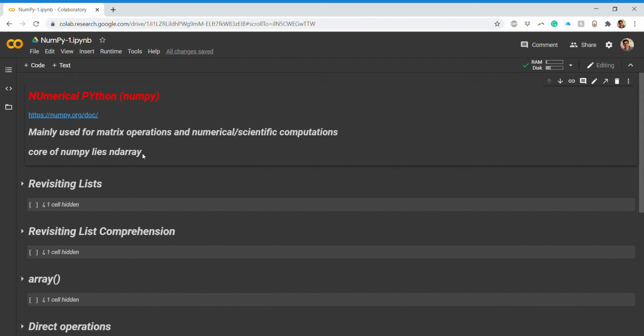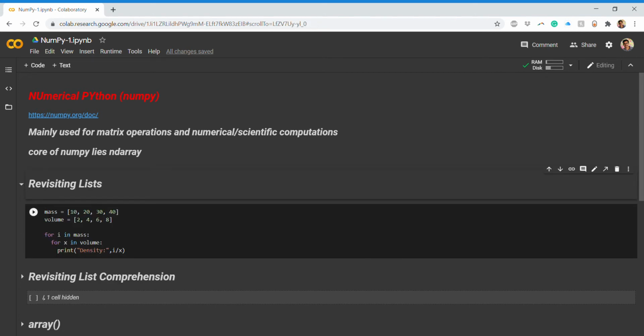So without further ado, let's get started. First we have the revision of the list. Say I have two lists, mass and volume, with four elements each.